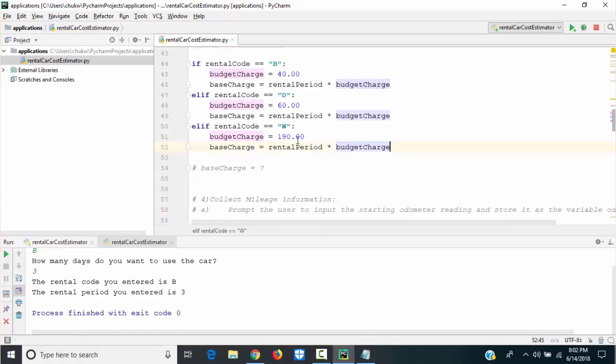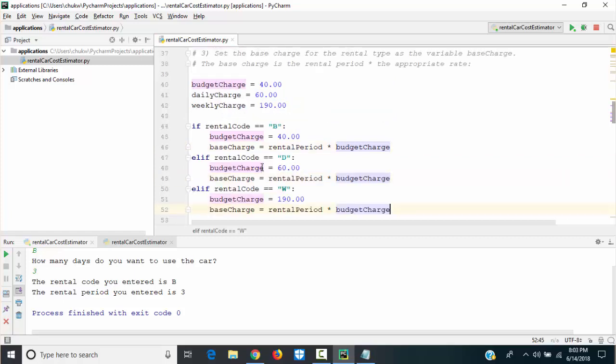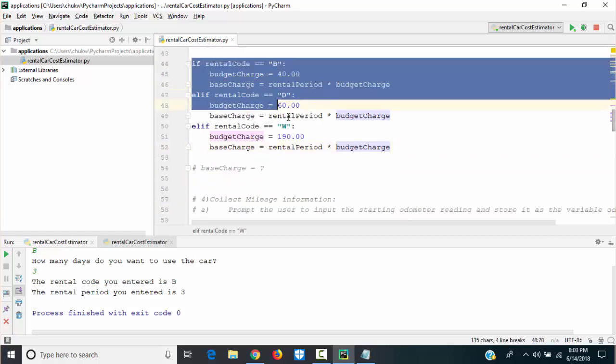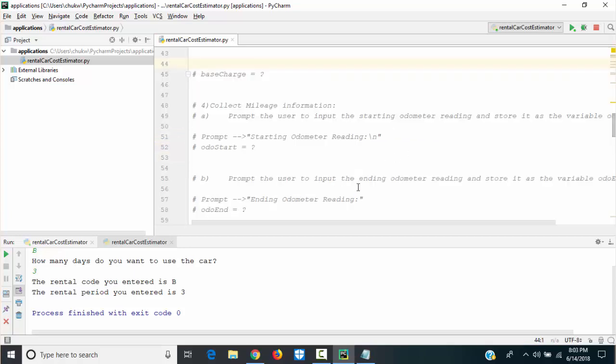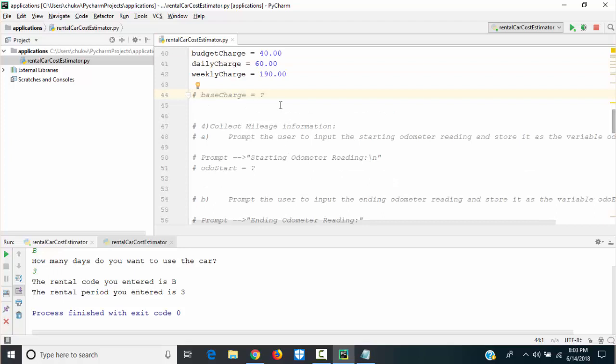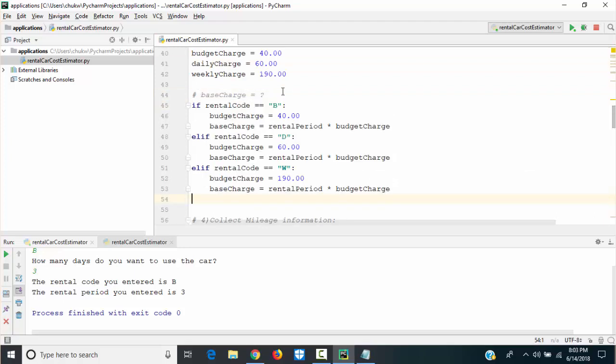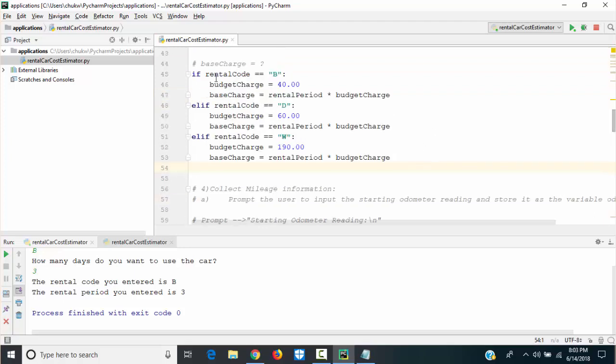Okay. So actually, let me cut this and paste it directly under here. Okay. And I also copy it.